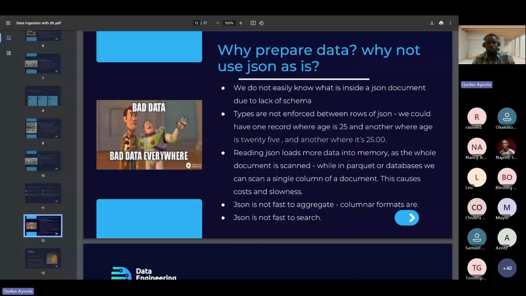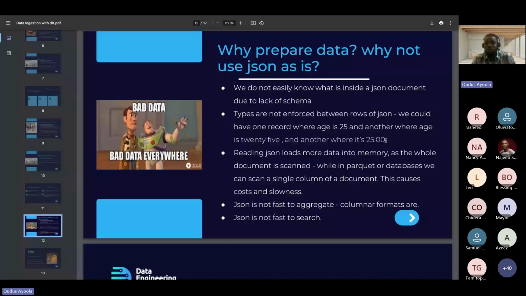You don't typically know what is nested within your JSON. It could be that on one row your age is 25, on another row your age is 25 years, and in other places your age is 25 with a decimal. It could come in different variations, and you are not usually sure of what is inside your JSON.